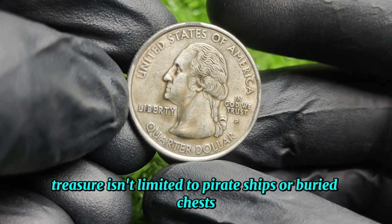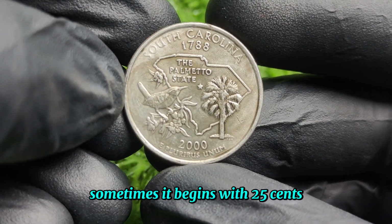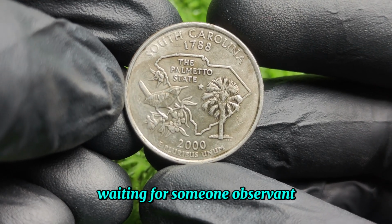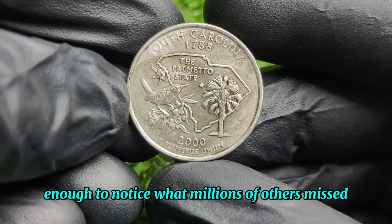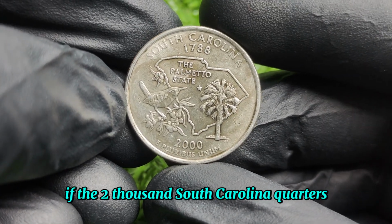The hunt for hidden treasure isn't limited to pirate ships or buried chests. Sometimes it begins with 25 cents resting quietly in your pocket, waiting for someone observant enough to notice what millions of others missed. And here's one final thought before you go. If the 2000 South Carolina quarter